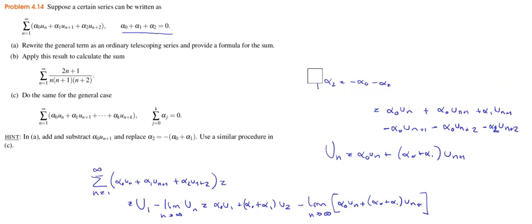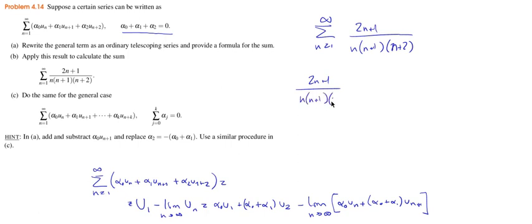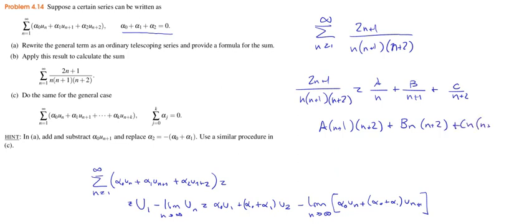That's the formula for the sum, and now they ask us to apply this result to calculate this sum: the sum from n equals 1 to infinity of 2n plus 1 over n times n plus 1 times n plus 2, right? Now in order for this general term to look anything like this, we need to expand this in partial fractions. Okay, so let me write it like this here. This is equal to a over n plus b over n plus 1 plus c over n plus 2, where